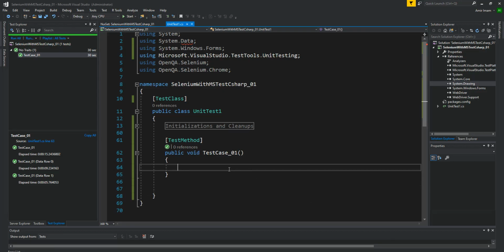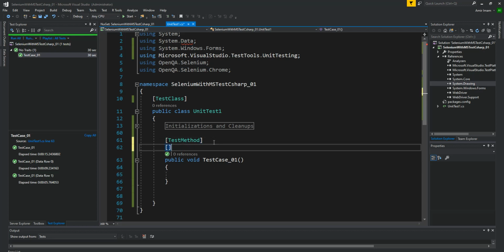This is the same project we were using in our training. For data driven, we need to put the data source tag. There are four parameters we need to insert in data source.